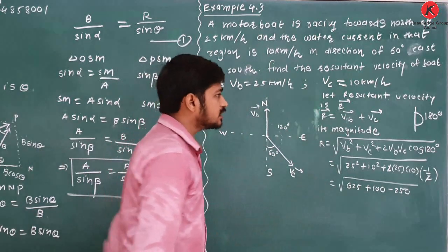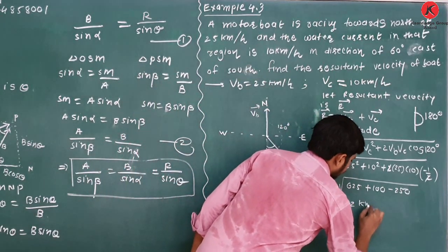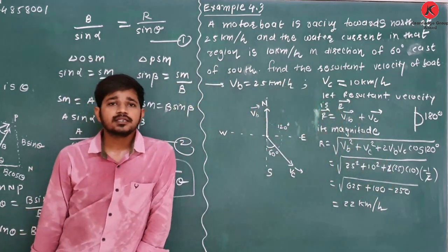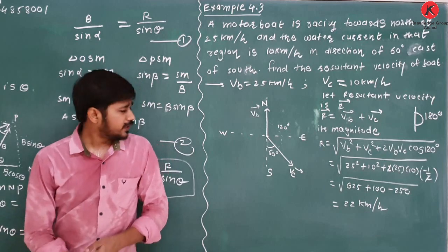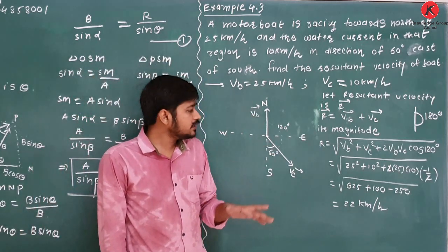And if you simplify this, you will get your answer. It is 22 km per hour. Clear about this? So yes, whenever you are given two vectors and also the angle between them, you can find that